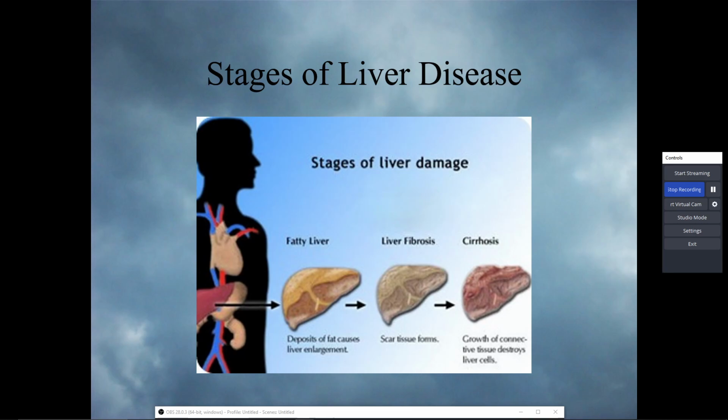So on the left-hand side, we have someone who has the American diet and really loves our In-N-Out, our fast food, our Taco Bell, our Del Taco, essentially the nursing school diet, if you will. Okay, so we got our fatty liver. And over time,